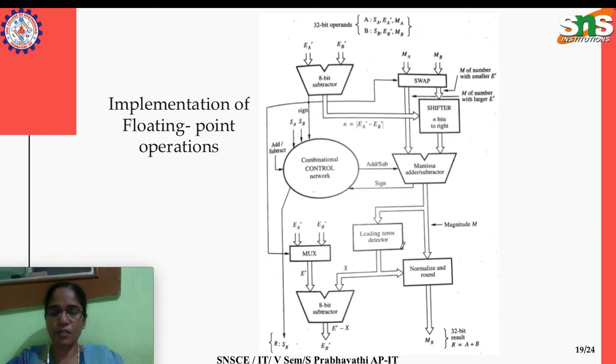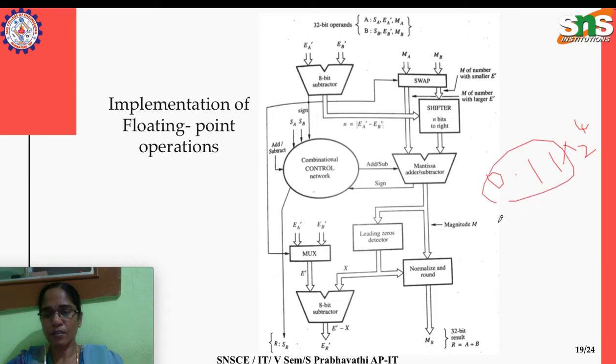What the last three steps are: after performing addition or subtraction, we need to normalize the result. Suppose the result we are getting is like this, and the exponent is something, just randomly I am picking this number. In single precision, the result should be normalized, is it not? So it has to be brought back like this, 1.10 into 2 power 3, is it not? We need to normalize like this. For that concept only we have this normalization.